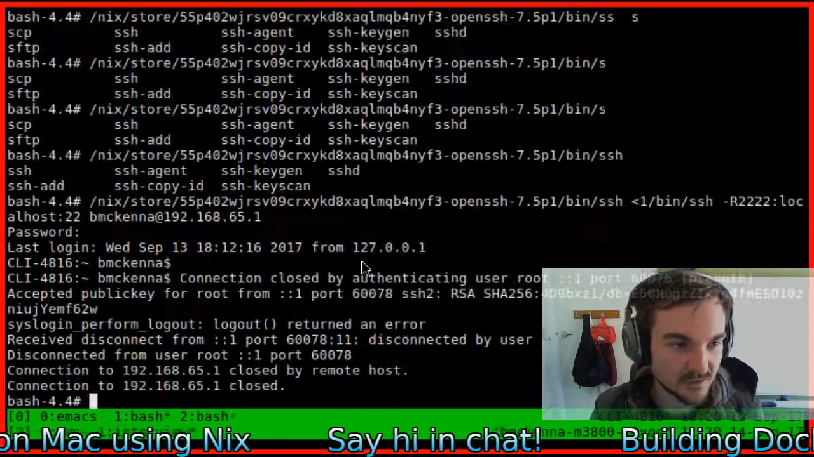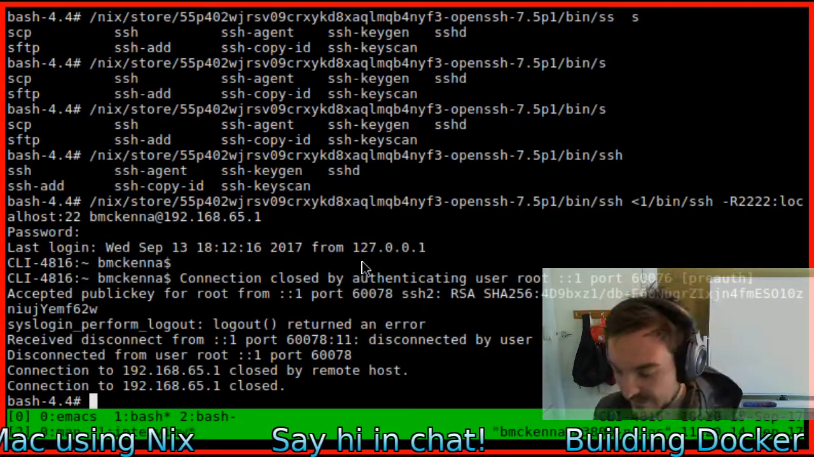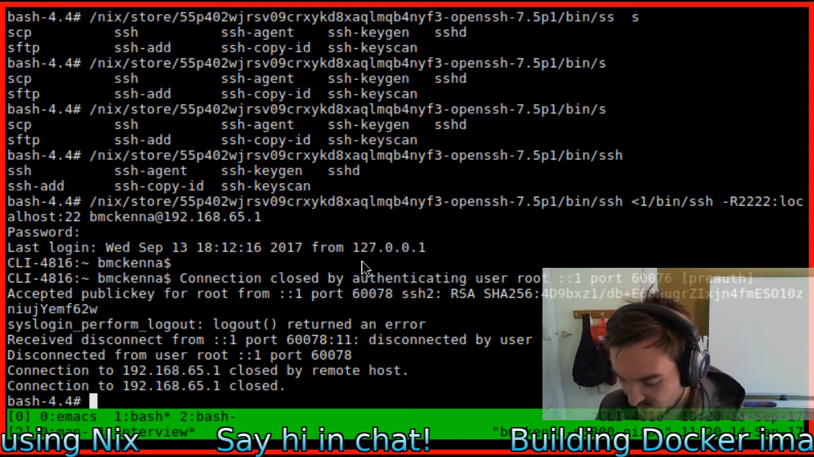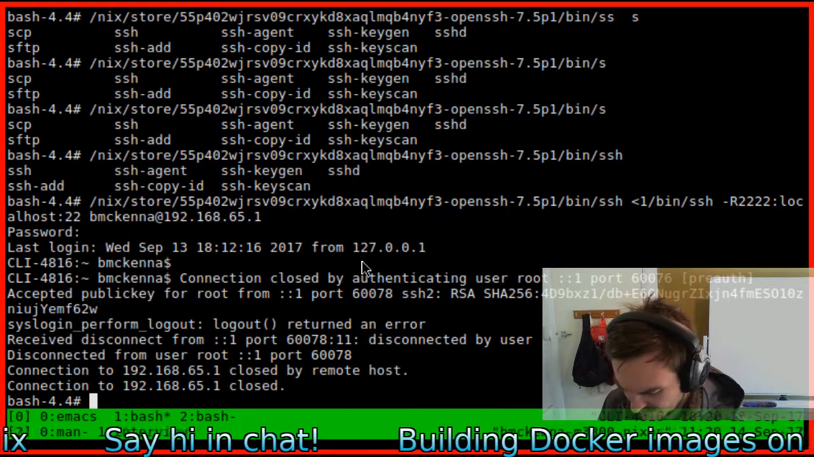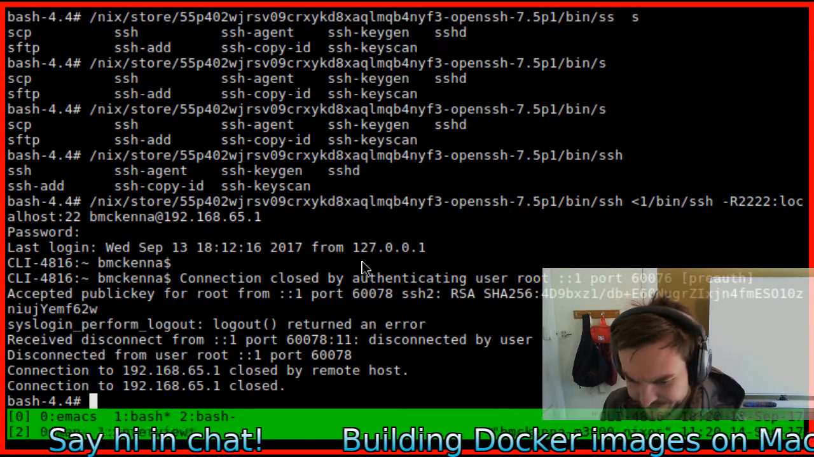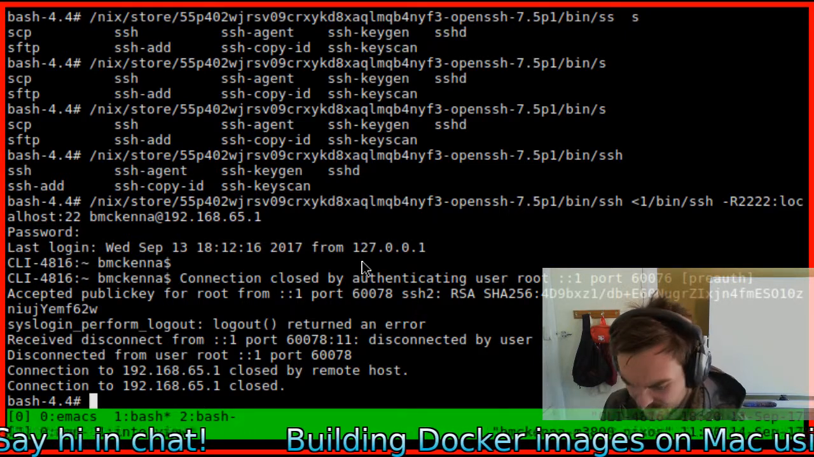I do want to, like, this SSH thing is working, but it does mean that I have to SSH into the host from the container. I could set up like another SSHD on the host, but that seems a little bit dodgy. Wonder if